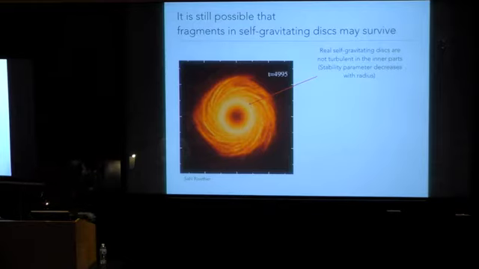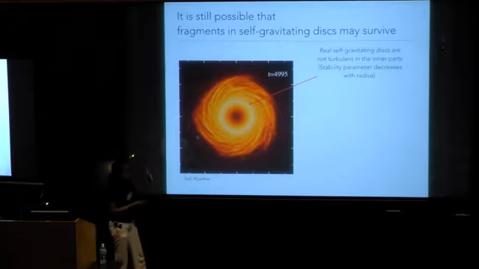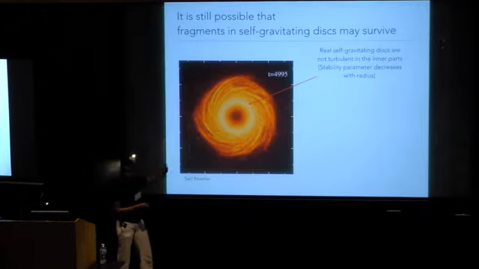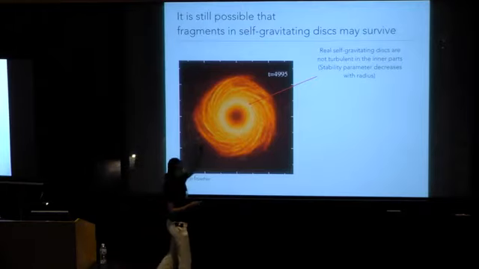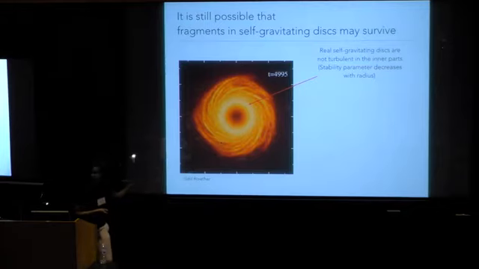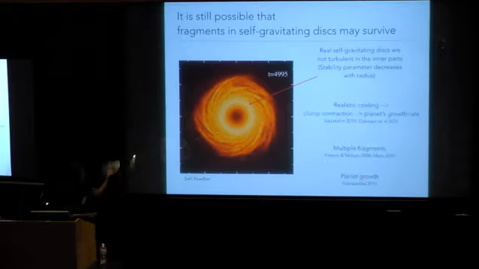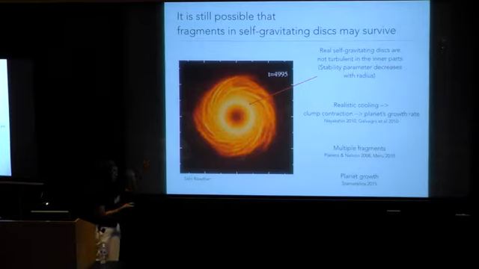But what we're actually looking at in more detail with my student's PhD thesis is to model these disks in a more realistic way. Those ones that were modeled before were entirely turbulent from the outside all the way to the inner parts of the disk. But we only expect the outer parts of these disks to be self-gravitating. The inner parts should, in principle, be much more quiescent. In addition, we have other aspects that various people have considered, the cooling,